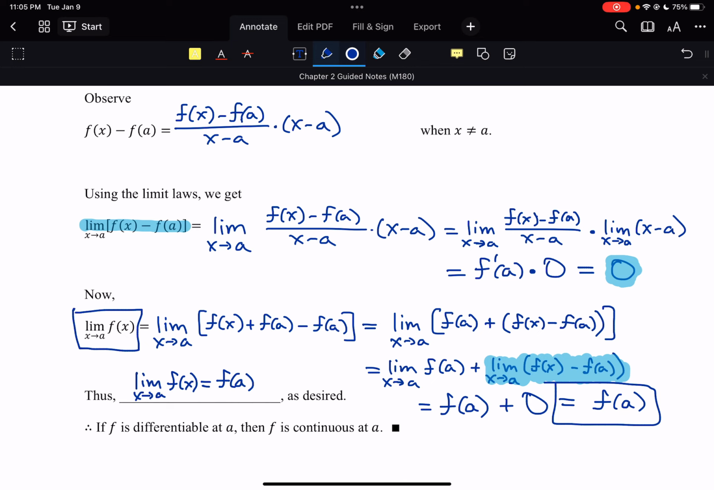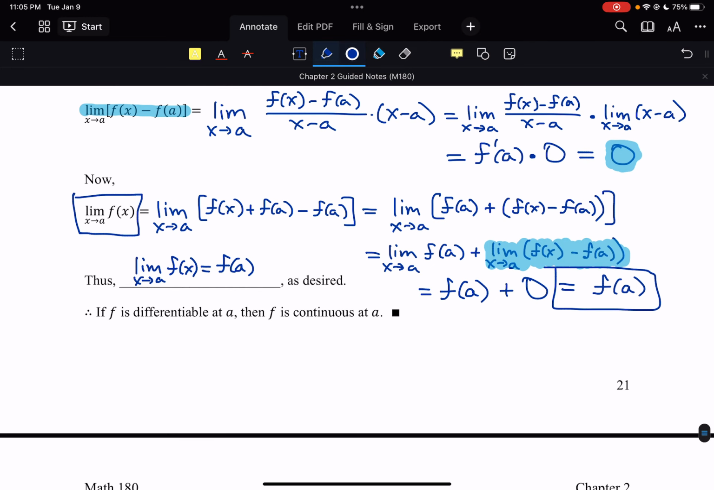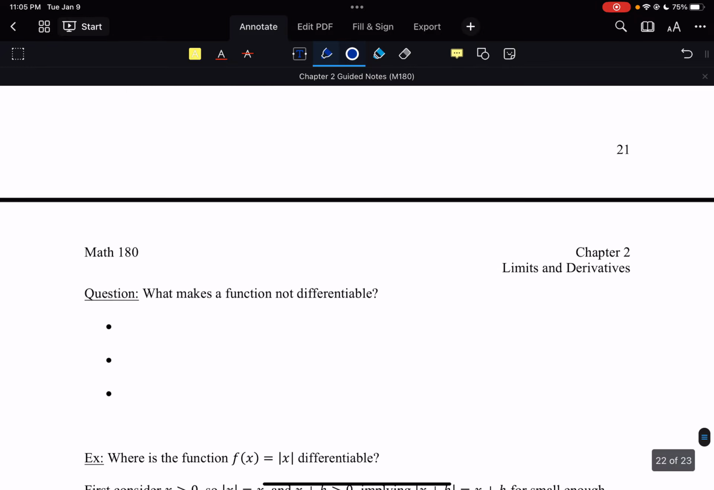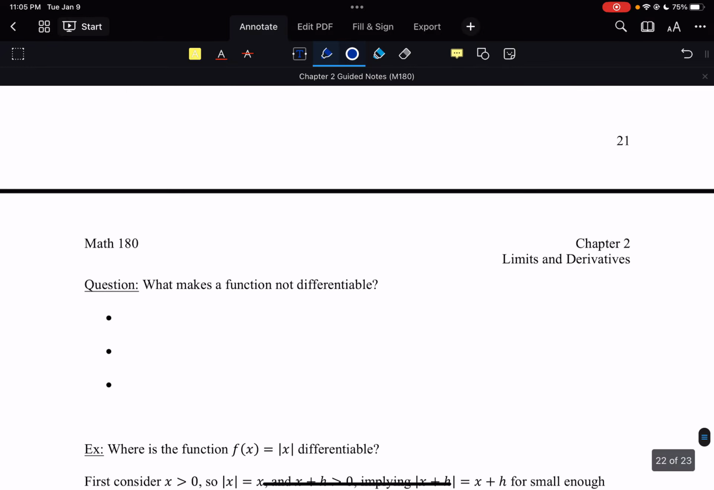So differentiability automatically gives us continuity. However, it doesn't go both ways all the time. Just because the function is continuous does not mean it's differentiable. So the next question to ask is, what makes a function not differentiable? And there are three primary reasons. We have what we call